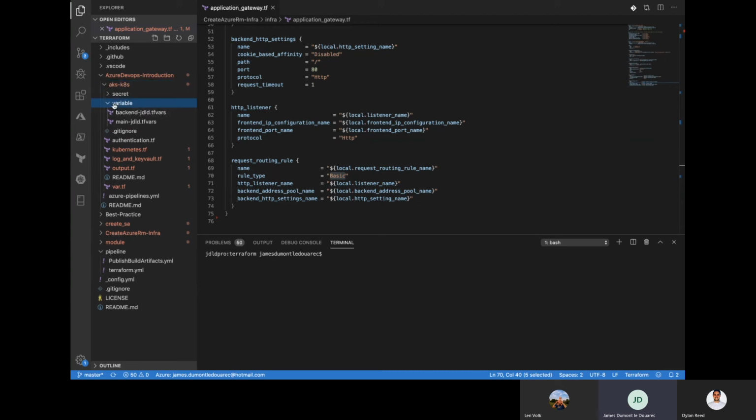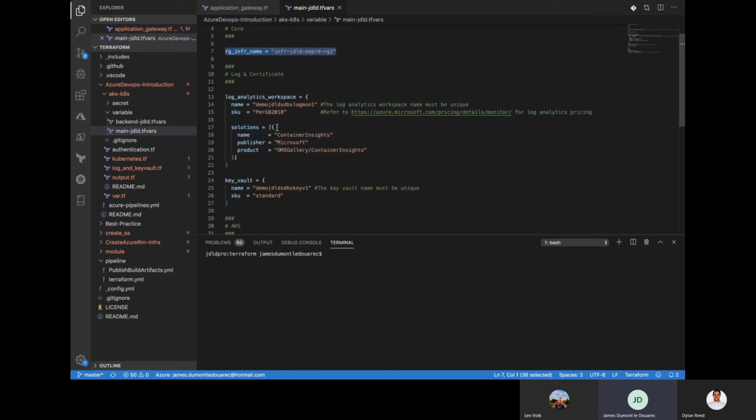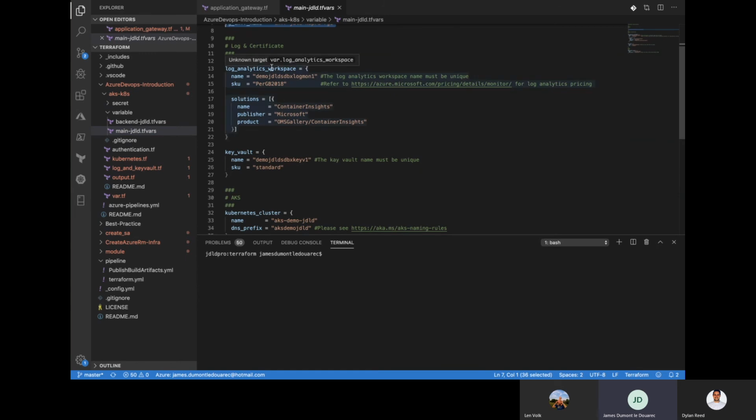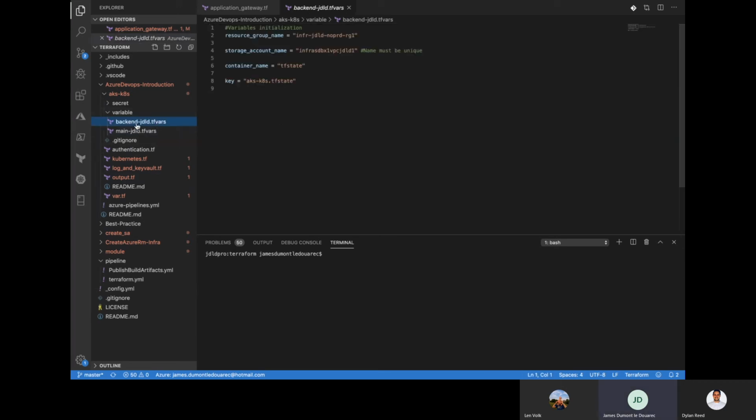And here I have variables which are in my code actually, and they contain the variables that I will use for my Terraform command, the log analytic workspace, the key vault, etc. So these are the variables that will be read when I launch my Terraform plan command. And the backend file will be read by the Terraform init command.